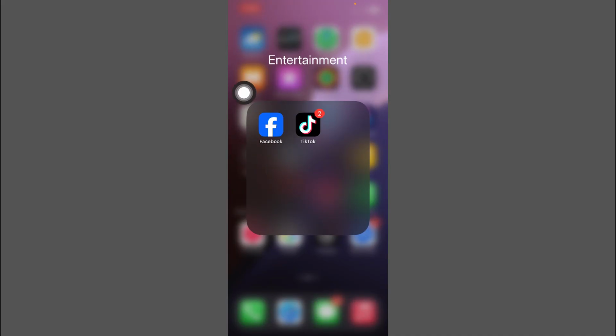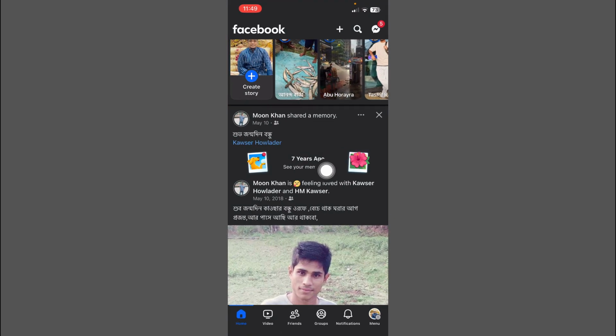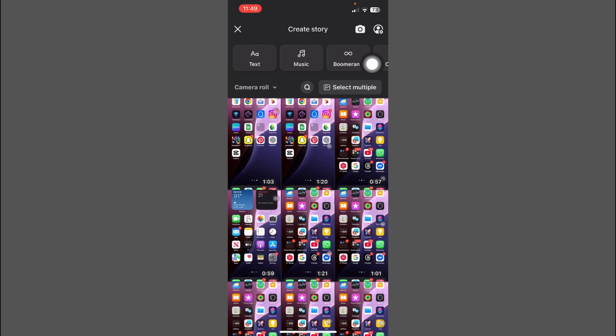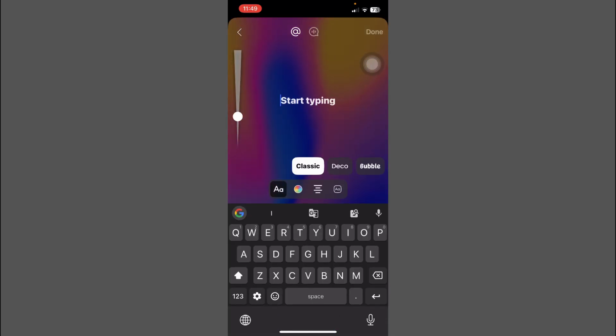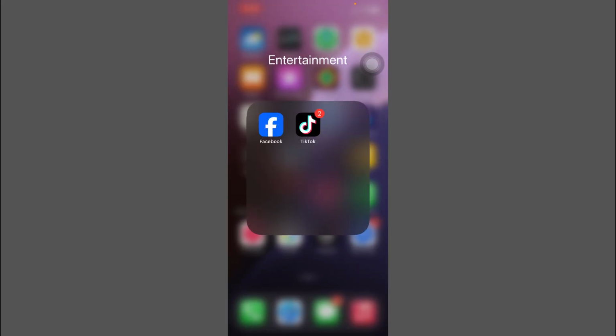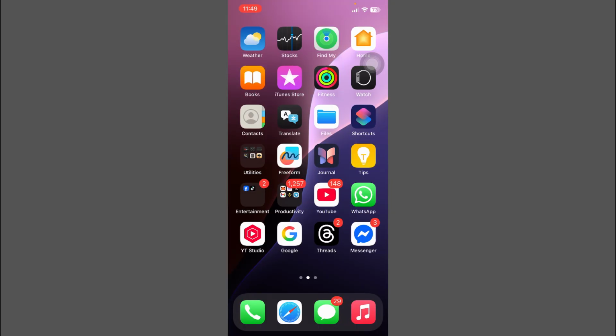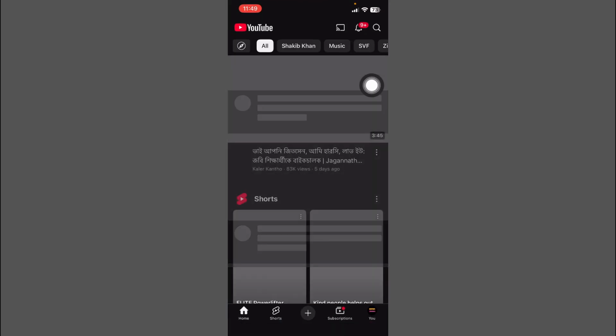Then first of all, click on the Facebook app and click on the plus icon. Just tap on the history option. Tap on the text option. Okay, then back, choose YouTube,